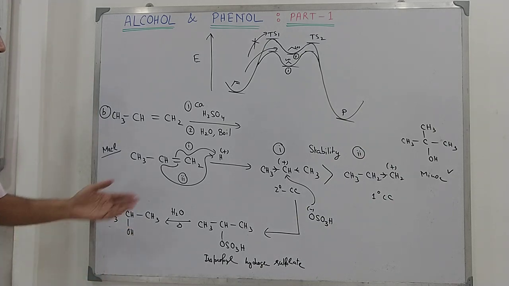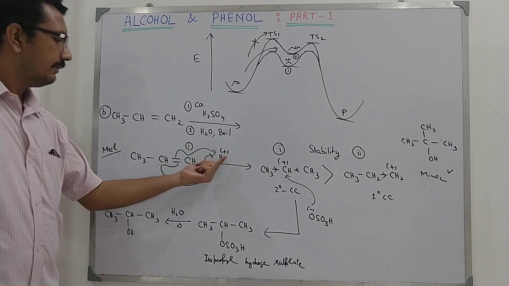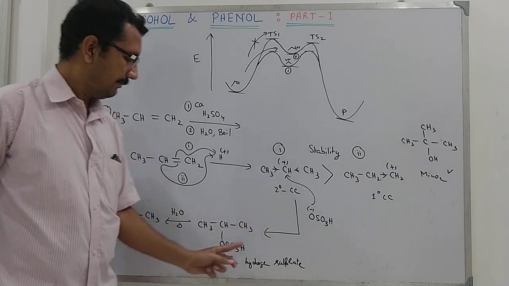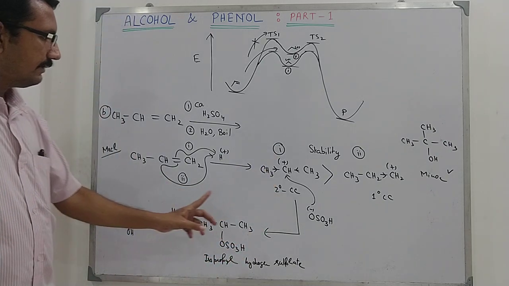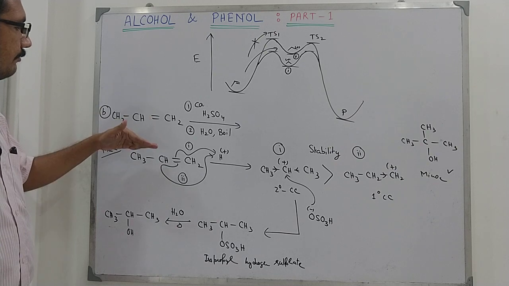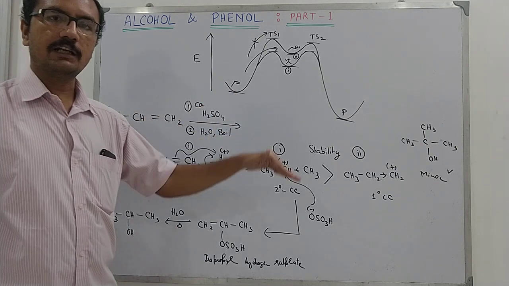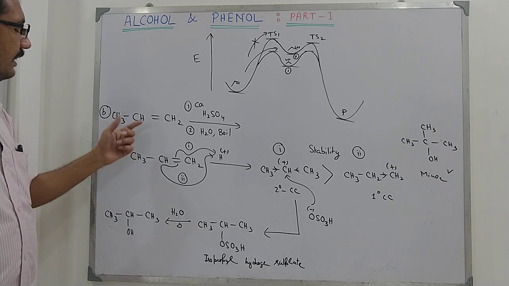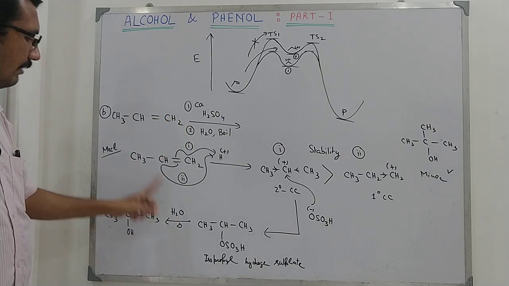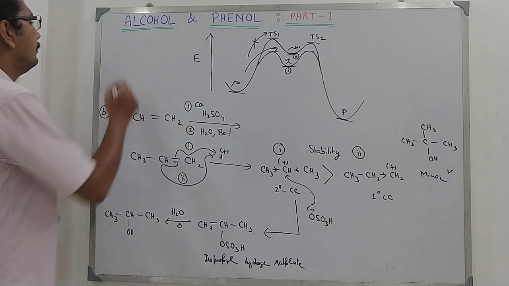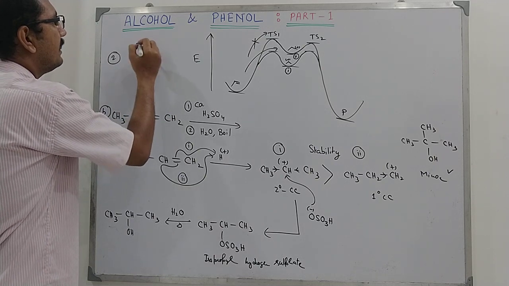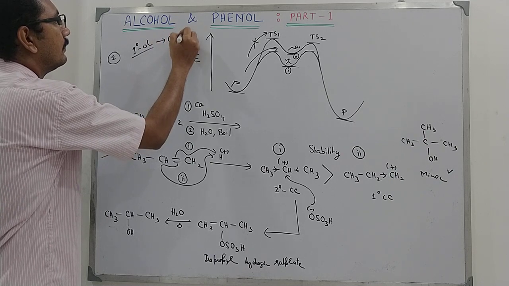So you see, when we use an asymmetric alkene, the H plus attacks on the terminal carbon so that the more stable carbocation is obtained, and later on we have the OH at the more substituted position. So if you start with ethene, you will get only a 1 degree alcohol, that is ethanol. But if you start with any other molecule other than ethene, that is not going to give you any 1 degree alcohol. So using reaction 2, you can synthesize only a 1 degree alcohol, that is ethanol.